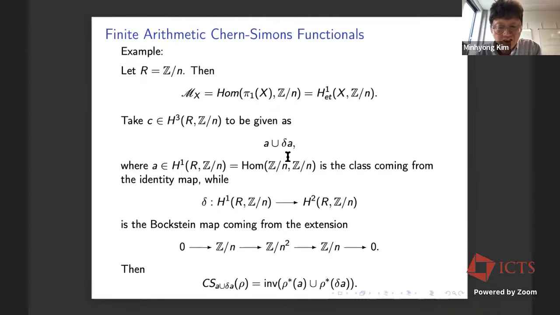Now, if you do that, then you see that the Chern-Simons invariant of a representation is simply this invariant applied to this H3 class of pi 1. So this is very similar to what people call the abelian Chern-Simons function in topology. The formal expression is actually identical. It's like integrating A dA, A wedge dA, for a connection.